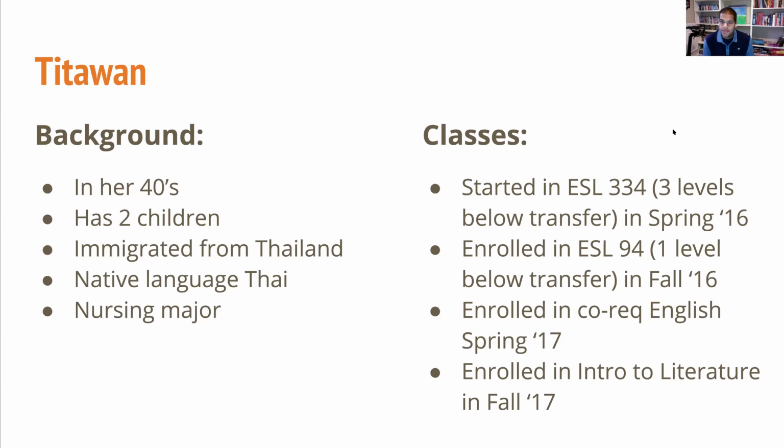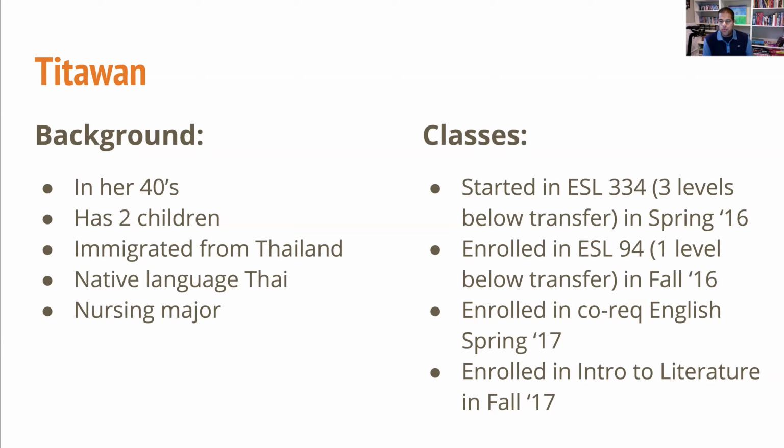She started at Solano College three levels below transfer English. We have an integrated skills sequence, three of those courses, reading, writing, and grammar integrated skills, and they're 6-unit classes. So she started in our introductory level course in the spring of 2016. From there, she moved into our advanced course the following semester.